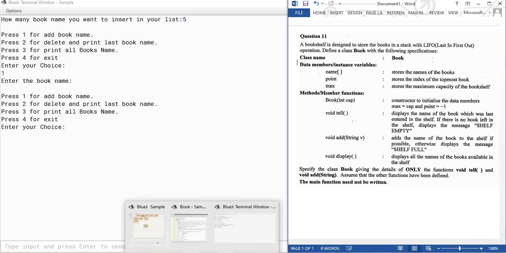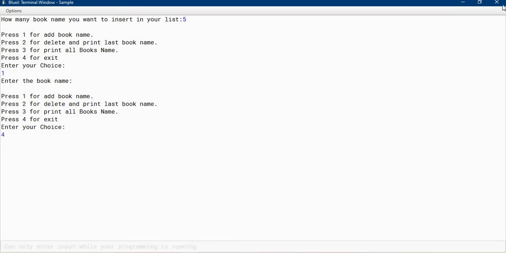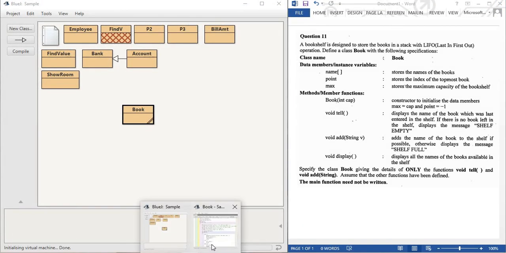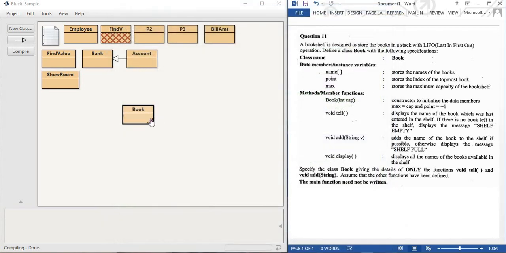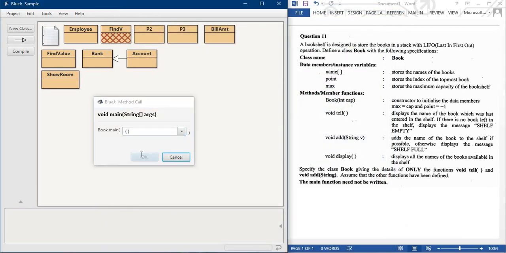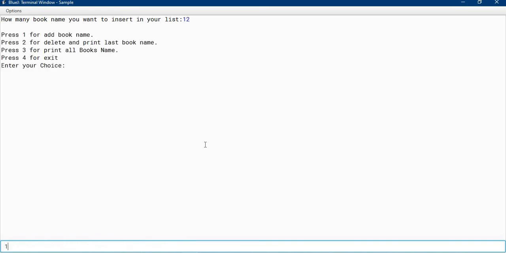So what we'll do, we just do one thing. First we close it, then we take the program and we just remove this line. Okay, then compile. There's a problem regarding the scanner. Now you can see 12. Now pressing 1. Look, the error is solved. Sometimes there is a problem regarding the scanner. Sometimes it is not accepting the nextLine, and sometimes it accepts it.